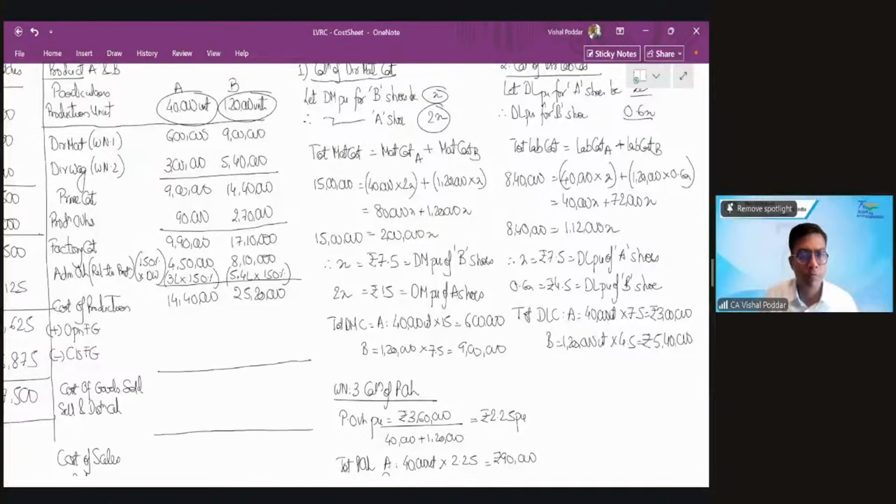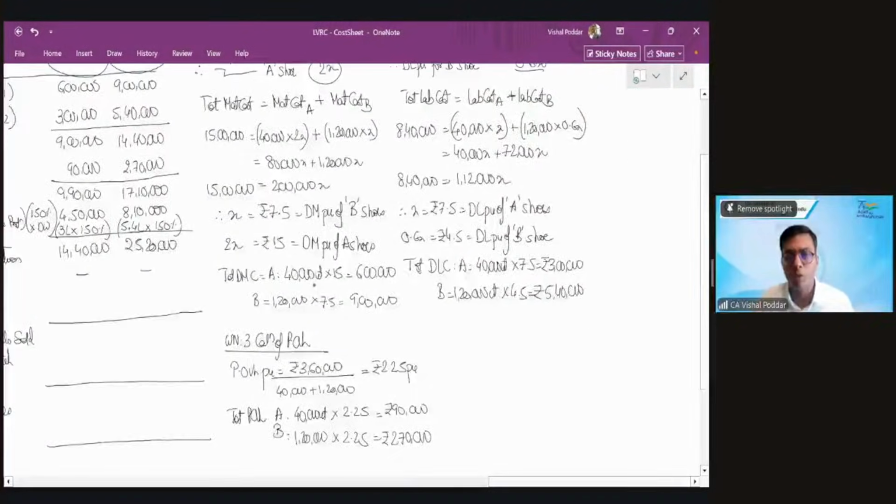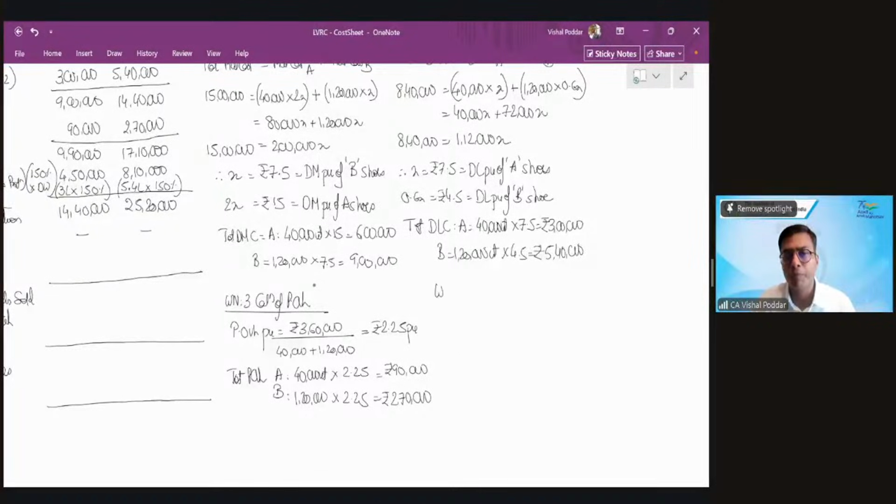Correct? Now comes the adjustment. What is this adjustment? It is given that you have produced 40,000 of A but sold 36,000. And similarly, you have produced 120 of B but sold only 1 lakh. Now, there is nothing given of opening stock, so I put dash, but definitely there is something in closing stock. And since there is something in closing stock, we have to do valuation of,